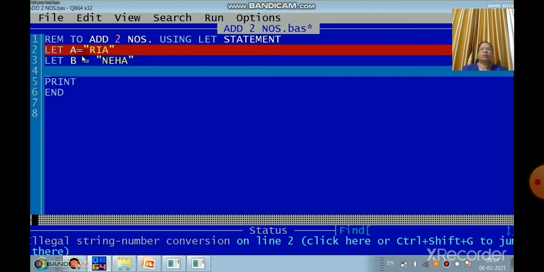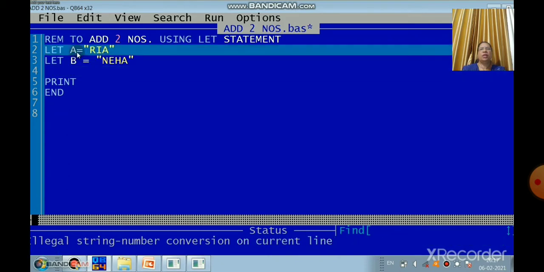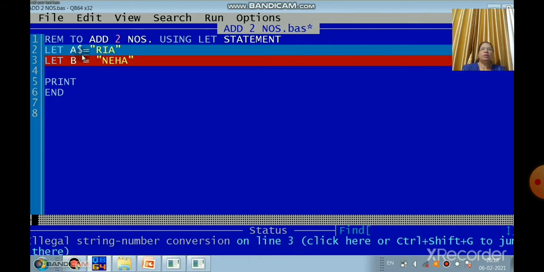Remember, children, if it is a number, there is no need to give it, so a is equal to, you can place the number. But here you are using an alphanumeric variable, right? The names, you want to print a name, it's not a number. So here we are giving a $ sign. So a dollar sign. Now see, that statement is correct.